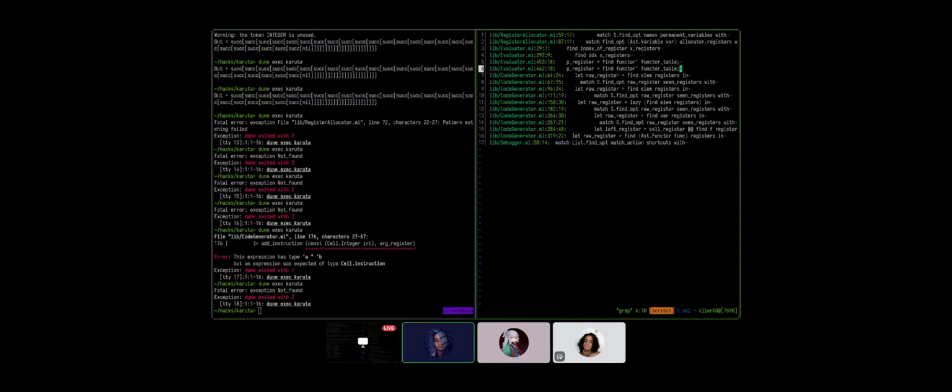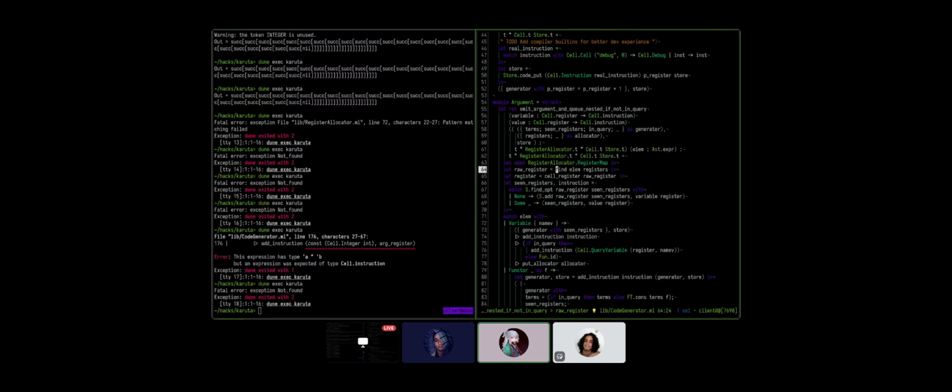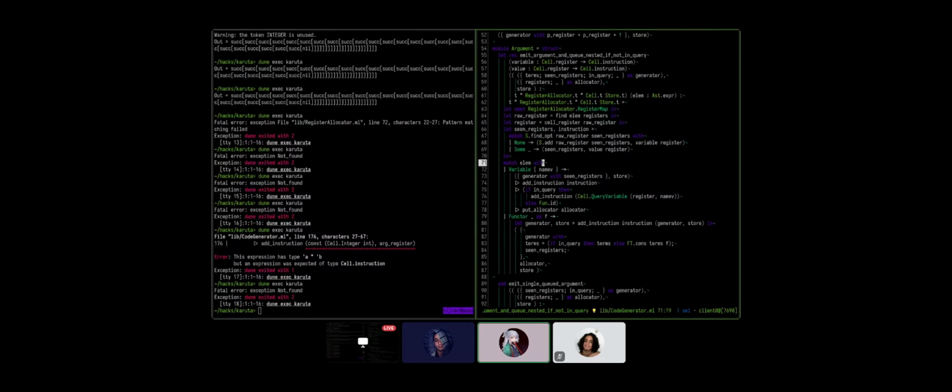And these are in the evaluator. Code generation is below. Those are for pre-register. Raw register in here. Emit argument in queue nested if not in queue. These names, man. These names. Yeah, we need to handle integers here as well, actually. Well, but this one is a little bit more complicated because you're doing the registers find opt thingy outside of the pattern matching. So let me think a little bit. Variable value. This is... Yeah, we need another argument here, actually.